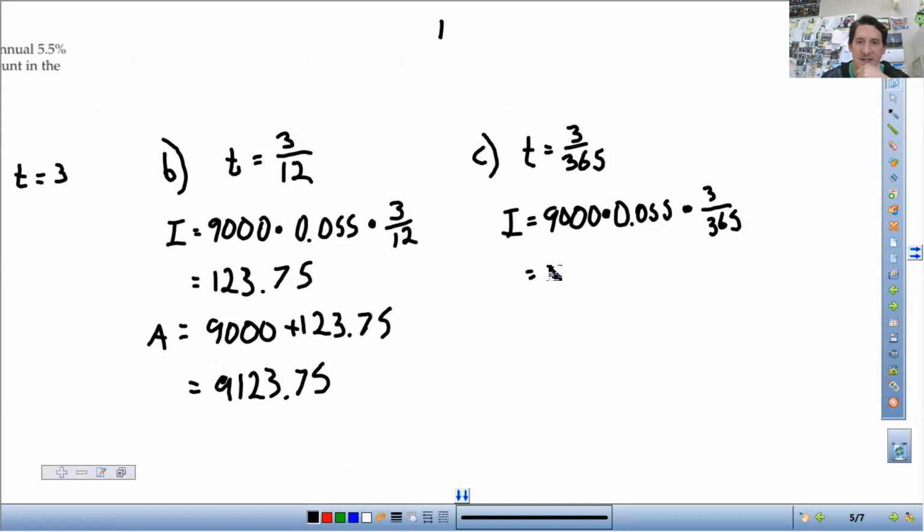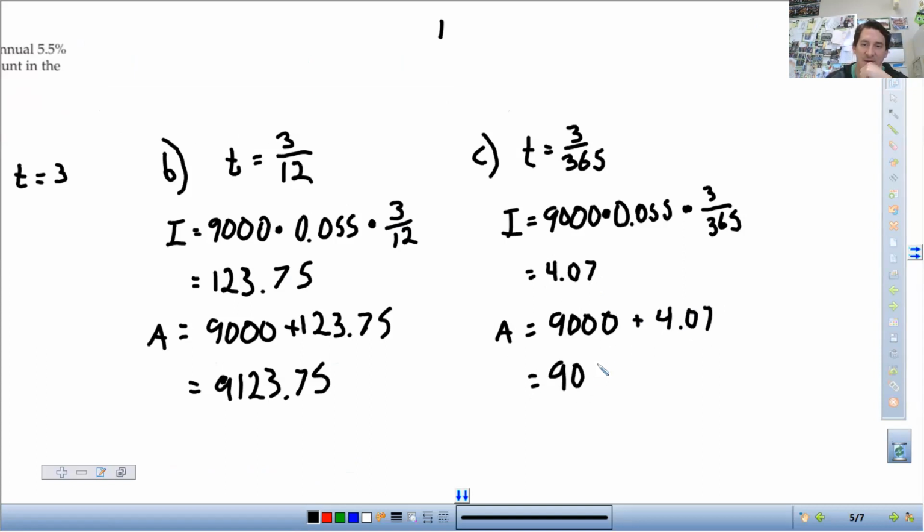So after 3 days, this account earns $4.07. The new account balance, if you add the principal plus the interest, the new account balance is 9,004.07. All right, so let's